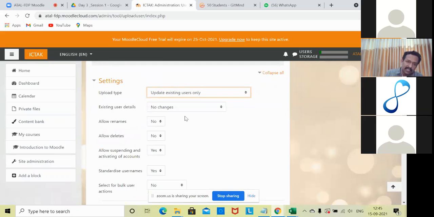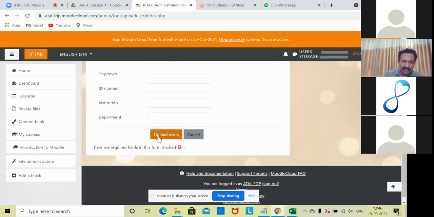That means existing users. We are not planning to add a new user. We are going to update existing users. We are just going to add information saying they also belong to another group. It is a kind of an amendment, right? That needs to be taken at this point in time.